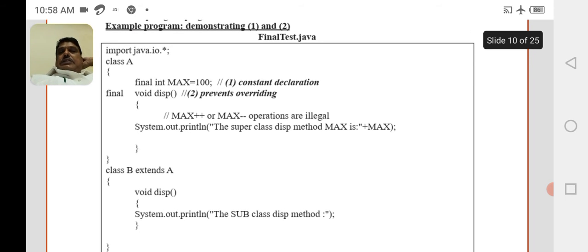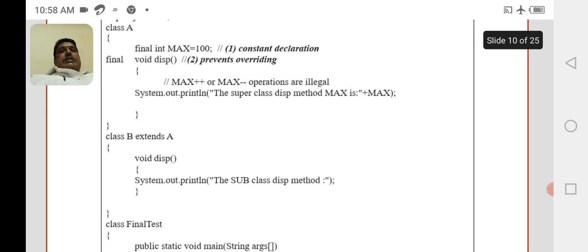Void disp has System.out.println, which prints the string. In the superclass, the disp method and max are declared as final in the previous code in class A. And we have subclass B extends A. Here we have declared void disp.